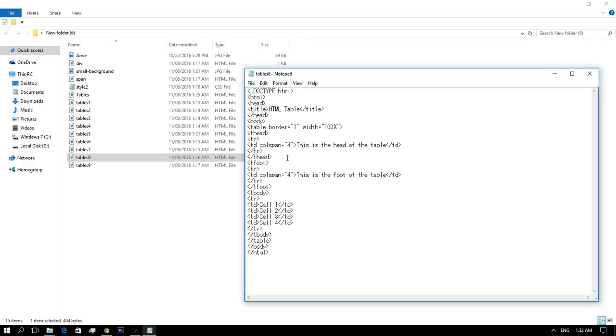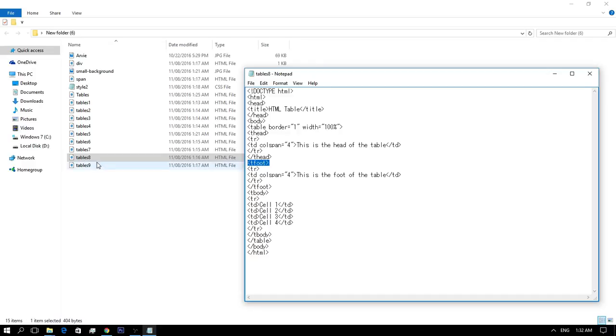The thead tag is used to create a separate table header, and the tbody tag is to indicate the main body of the table, and the tfoot tag is to create a separate table footer. So a table may contain several tbody elements to indicate different pages or groups of data.